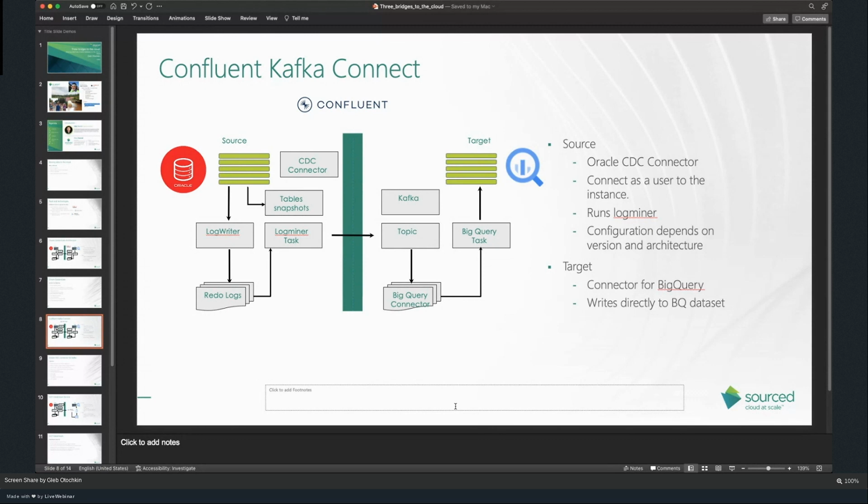What is important is to have some kind of way to uniquely identify each row on the target. In the case of Oracle to Oracle, when Oracle writes the data to redo logs, by default it is using row ID. But row ID doesn't make any sense for BigQuery, for example, right?